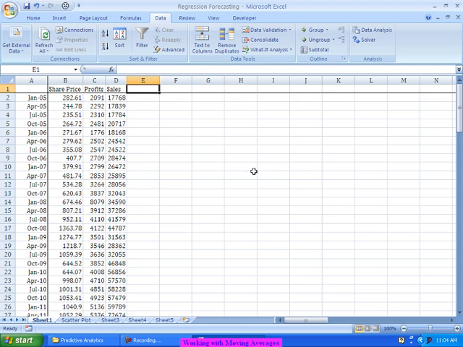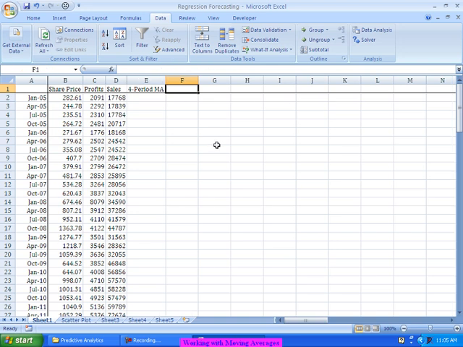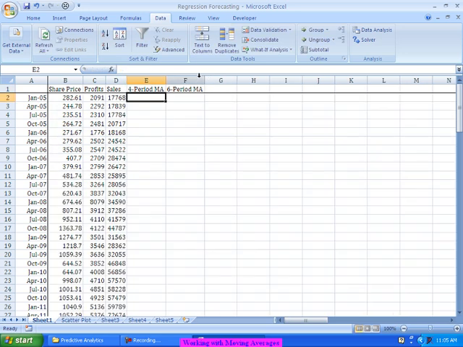So if I say 4 period moving average, it means I am trying to find out the average of the last 4 periods. Or if I say 6 period moving average, I am taking the average of the last 6 periods. Why do we need to do that? The simple logic people talk of is,